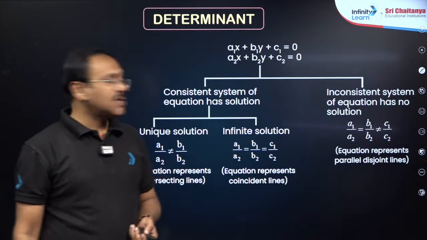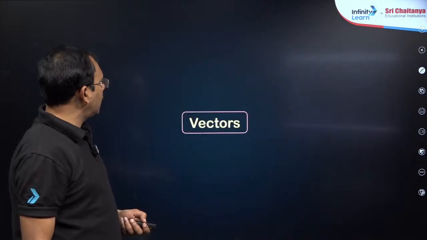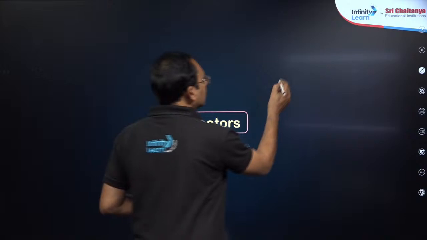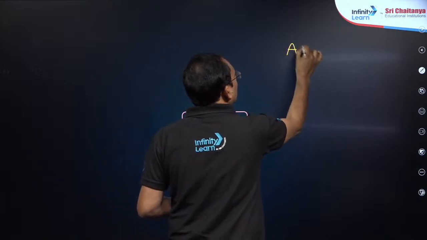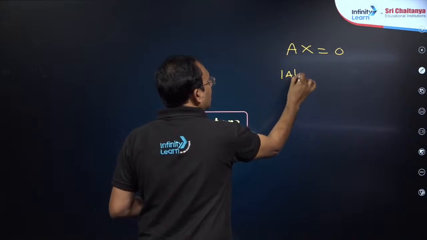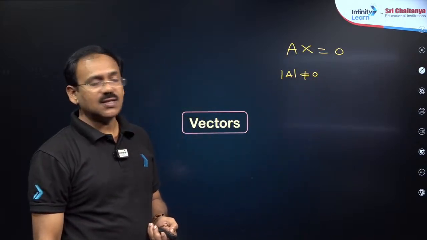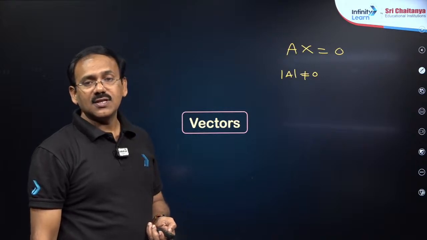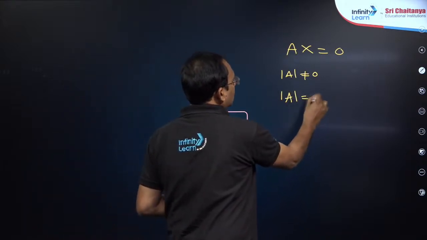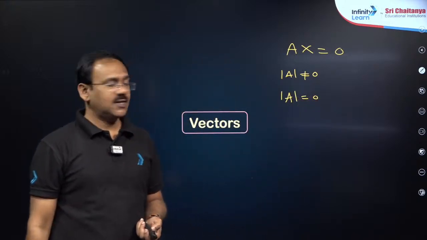Okay, coming to system of equations, my dear friends, homogeneous, non-homogeneous. Let me give a result. You see, my dear friends, if you are given homogeneous system of equations, if det A not equal to 0, it will have unique solution, that is, I mean to say, 0 0 0 trivial solution. If det A is 0, it will have non-trivial solution or infinitely many solutions, my dear friends.